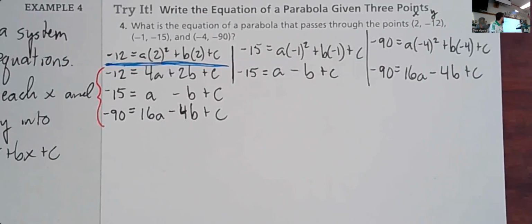Now, if we think back to chapter 1, in order to solve a system of three equations, we first have to eliminate one of our three variables. So if you're looking at the variables there, a, b, and c, which of those three variables, I mean,